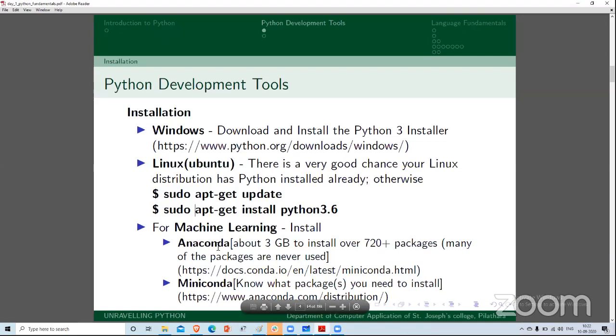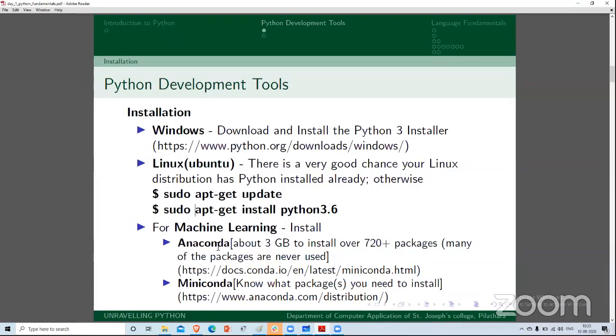For machine learning, for doing projects, for scientific computing and all, I will recommend you to install Anaconda, because the actual strength of Python is its packages. Suppose we want to do a particular task. In Python, we need not do it from scratch, because someone has already developed that and contributed it as a package. So the major strength of Python is the supporting packages.